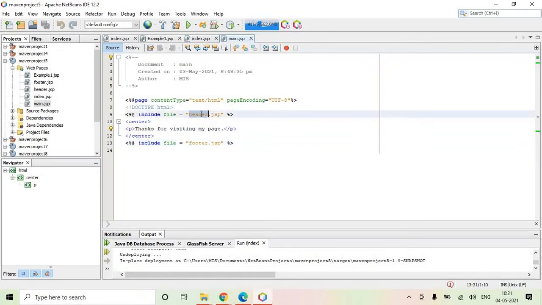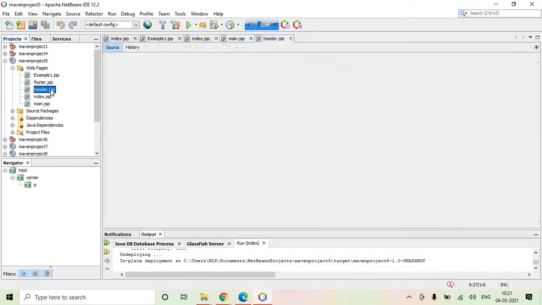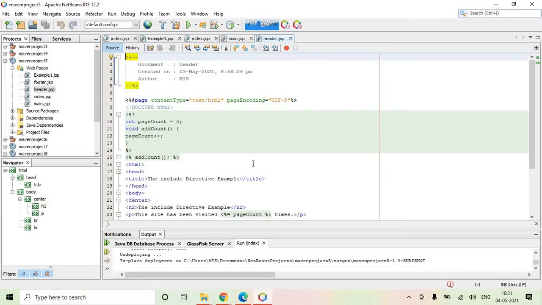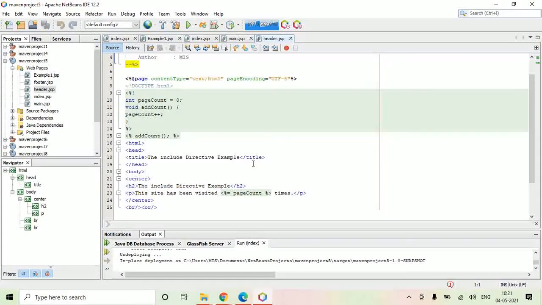Now, what is the content of this header.jsp? Let's go to the header.jsp. In the header.jsp, we have declared a variable pageCount equal to 0. And we have written one function, void addCount.